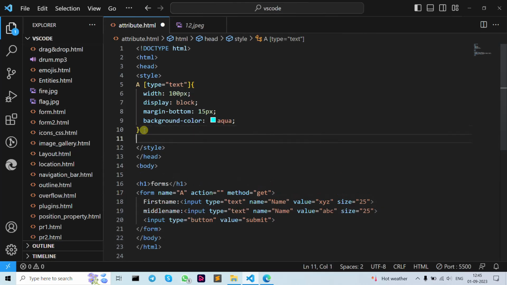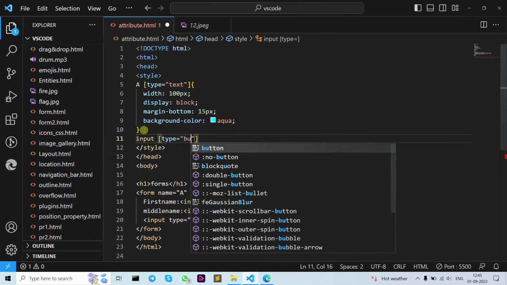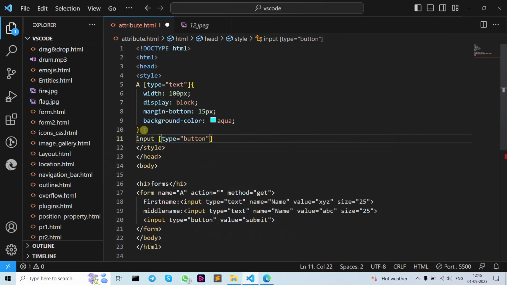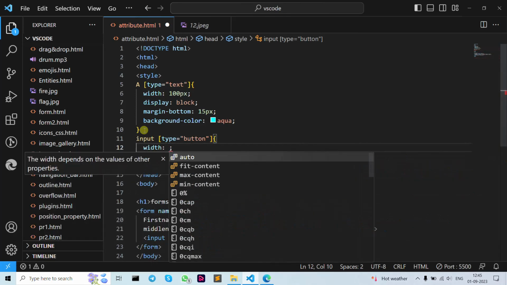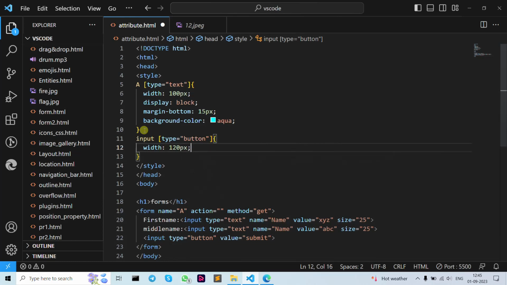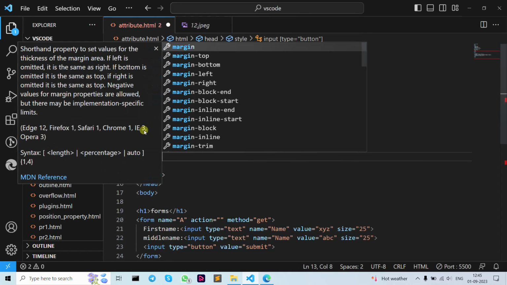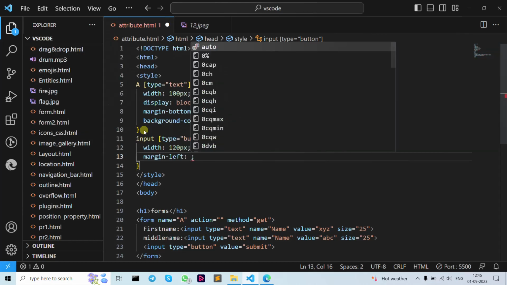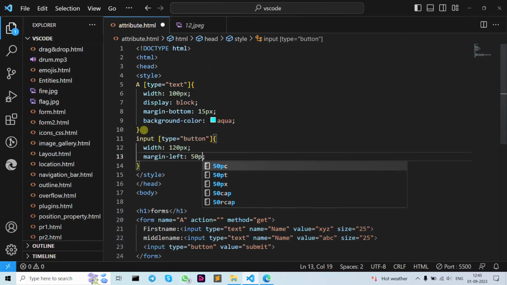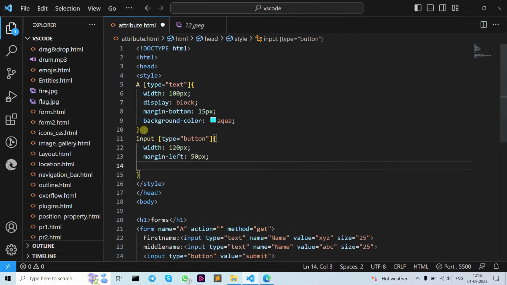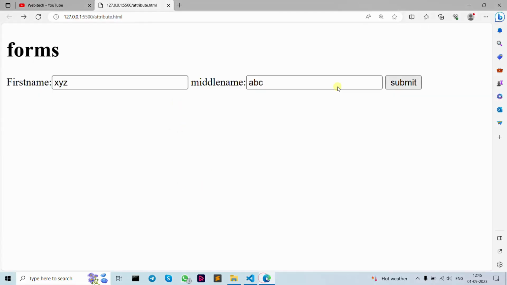Now let's move forward to our input type button. Type equals, in double inverted commas, button. Then open our curly brackets, open and close. Then write width as 120 pixels. Then margin left as 15 pixels. Then let's write our display as block. Then let's save. As you can see,